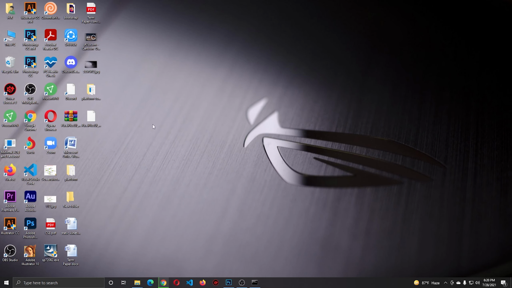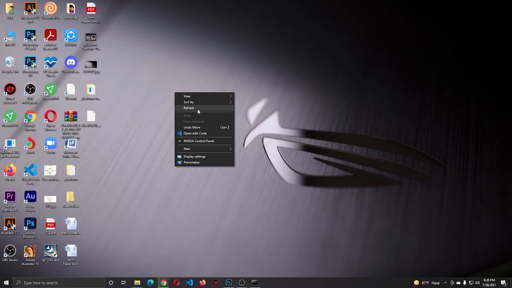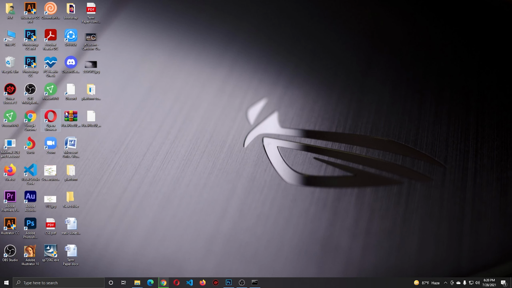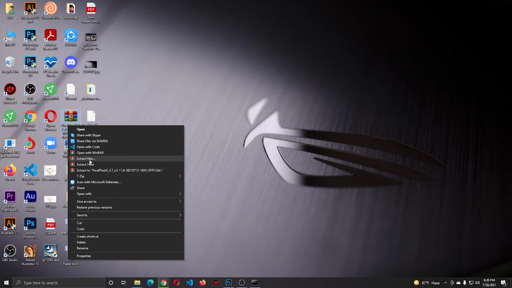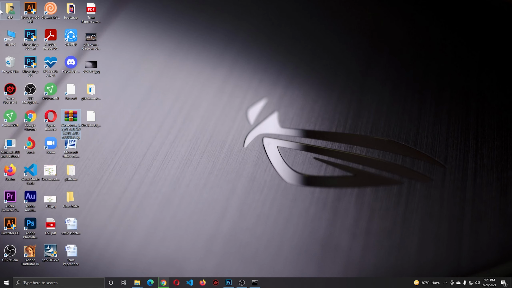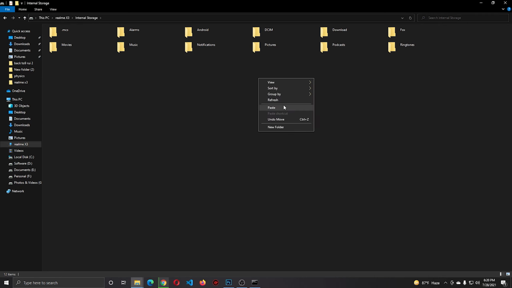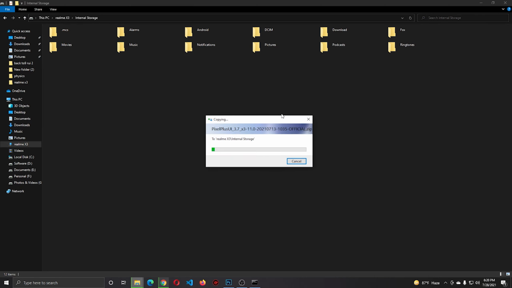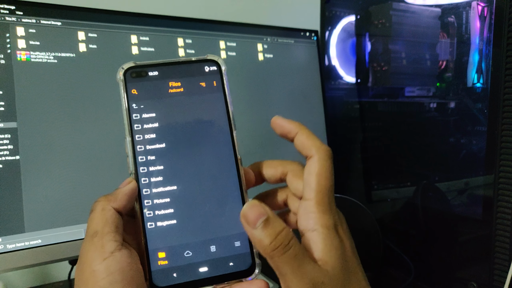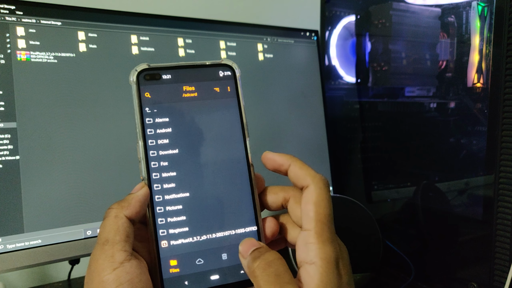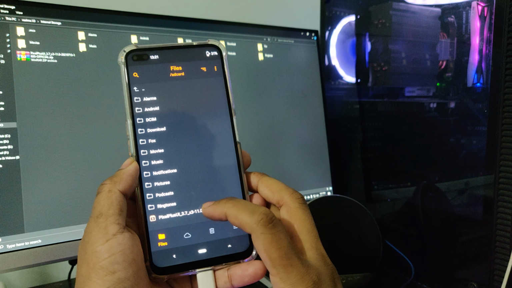Now download the Pixel Plus UI on your PC from the description link, copy it and paste it to your phone. Here you can see the Pixel Plus UI is showing.